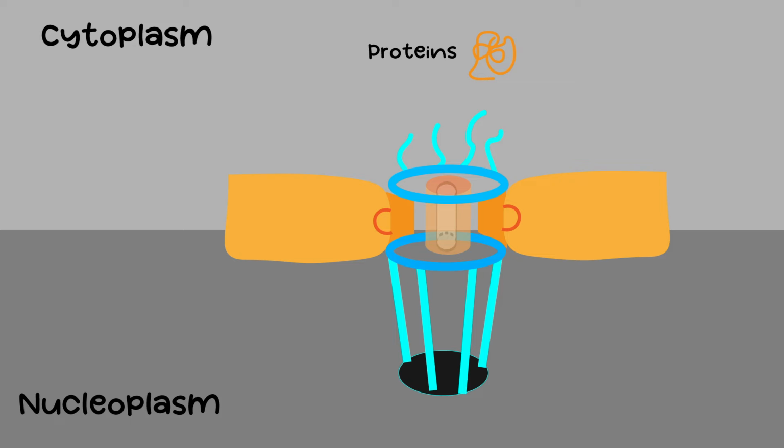So let's start with the importing technique. Let's say we have a protein to import inside the nucleus. Only specific proteins can be imported to the nucleus. They are marked by a special sequence of amino acids called the nuclear localization signal, which consists of one or two short segments with basic amino acids. This segment is recognized by the importin receptor, which carries the cargo protein to the nucleus. On the way to the nucleus, importin binds to the cytoplasmic filaments, allowing the cargo to go through the other sequential nuclear proteins until it gets